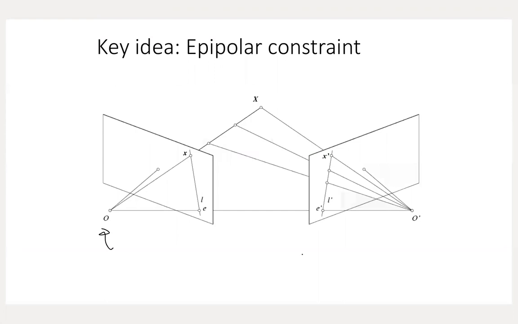The left camera and the right camera. I'm shooting the same scene. This is the projection plane for the right camera, and this is the projection plane for the left camera here. I'm looking at some 3D point X in space here. So in terms of the left camera here,